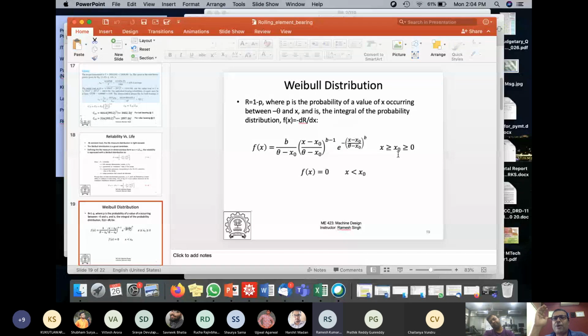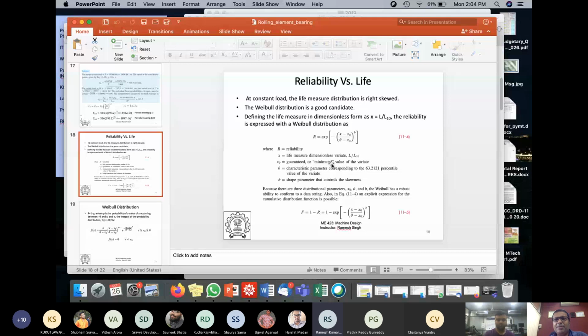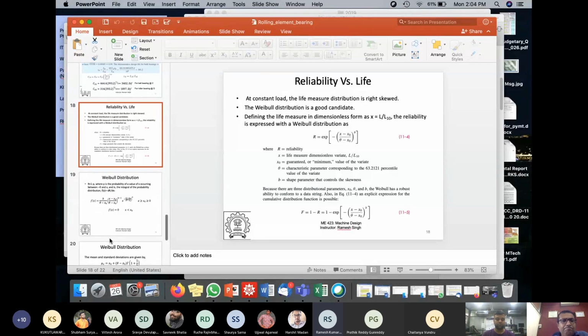We want the probability distribution to be such that this value is 0 if x is less than x naught. x naught is the guaranteed minimum dimensionless life variate, so minimum L by L10 is guaranteed. And then you figure out what the reliability will be.